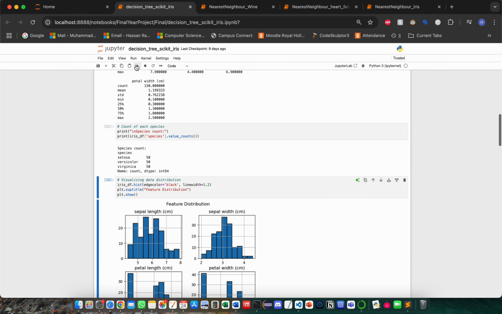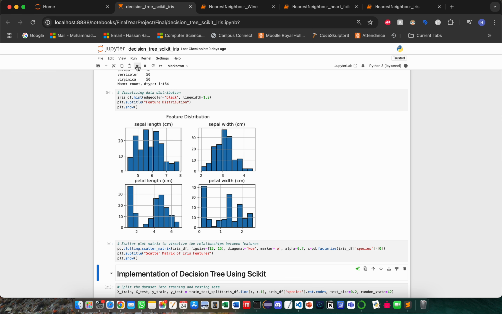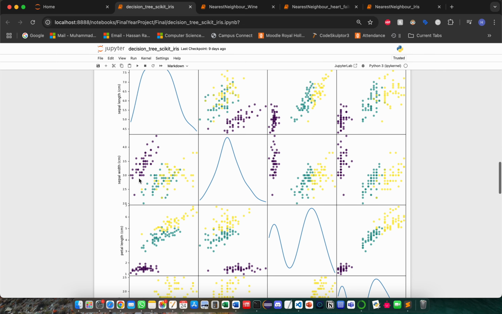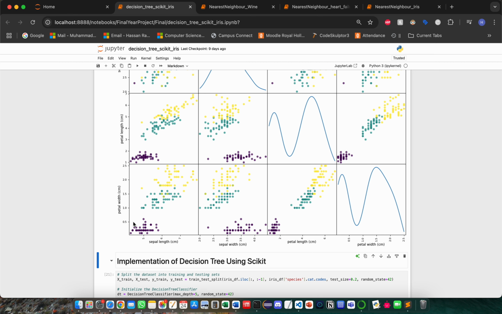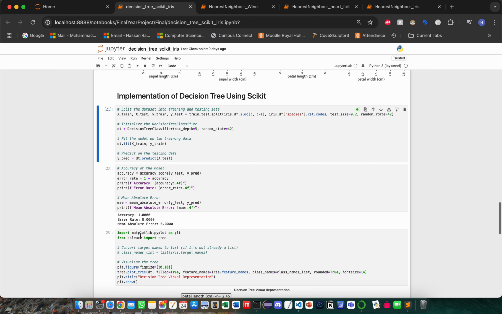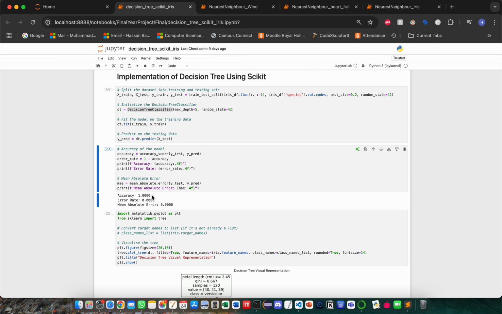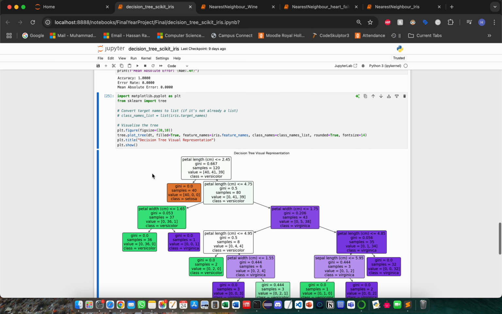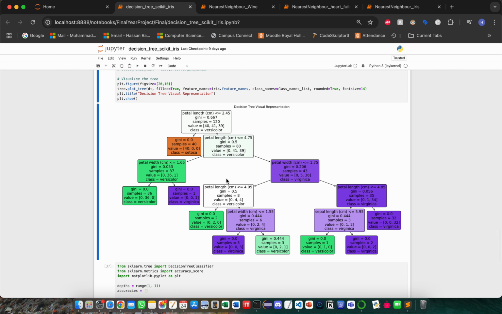I'm describing the dataset again, getting all the bar charts, and this is also one of the graphs I did. So this is the matrix it's showing, and this is my implementation. So this is using a classifier again, and this is getting the accuracy of the model. Because it's a decision tree on the iris dataset, it's getting 100%. You can see here, this is the graph I drew for the iris dataset. How does the tree actually look? So you can see here,